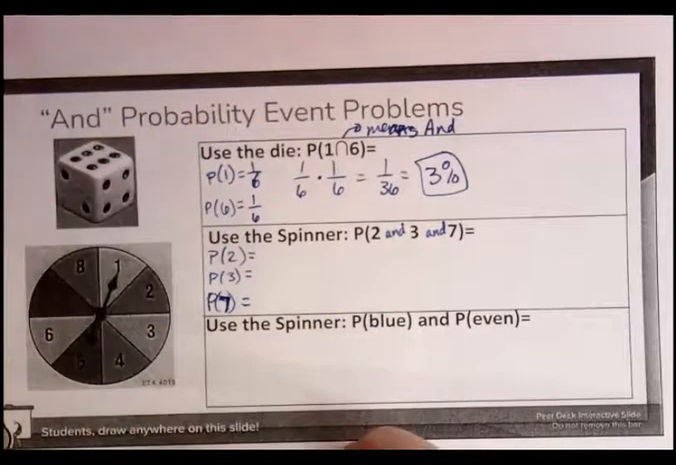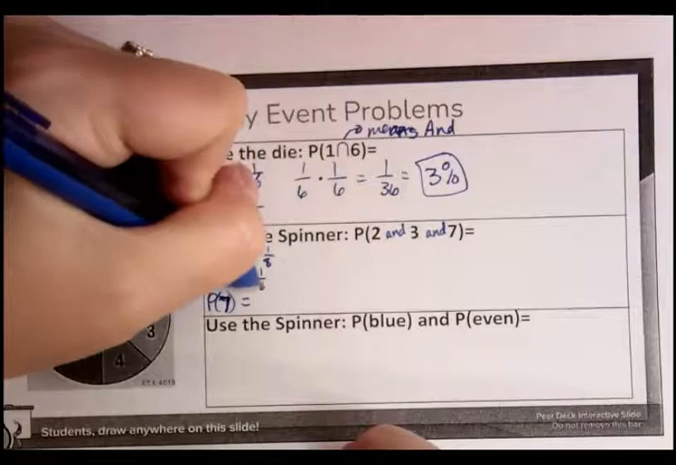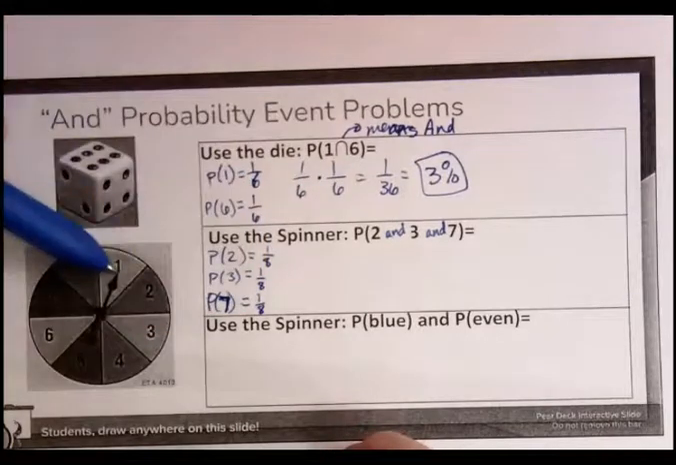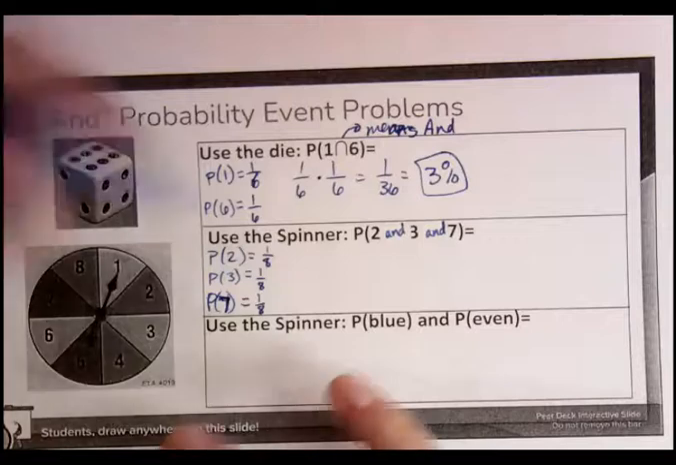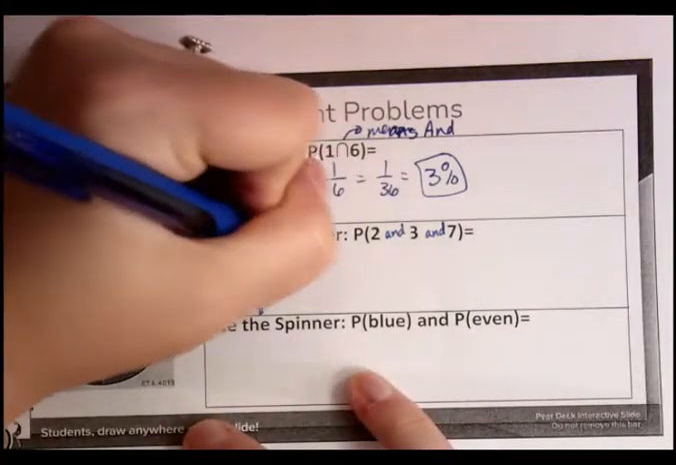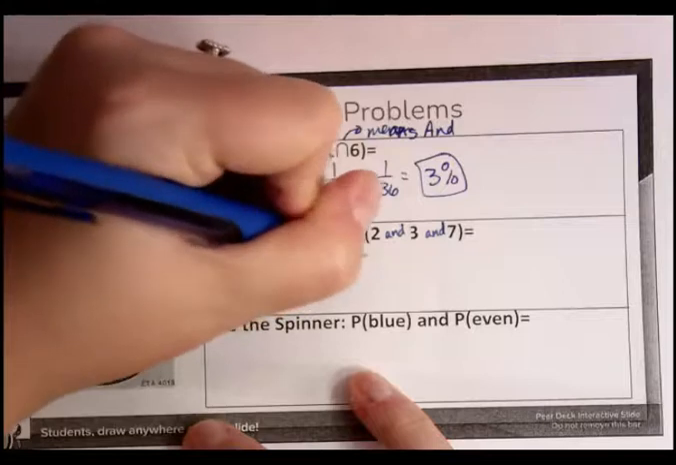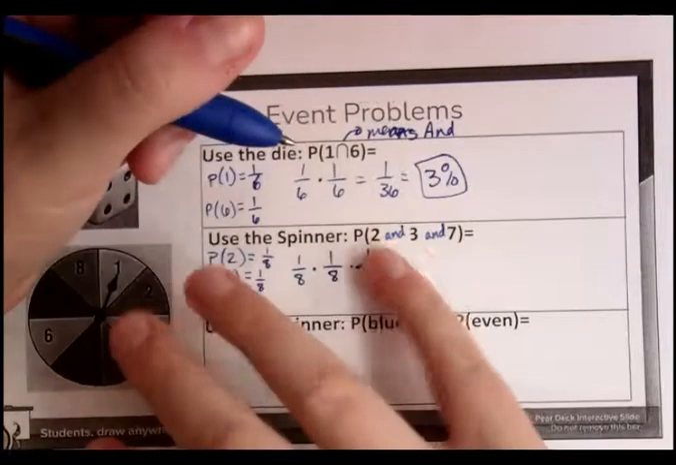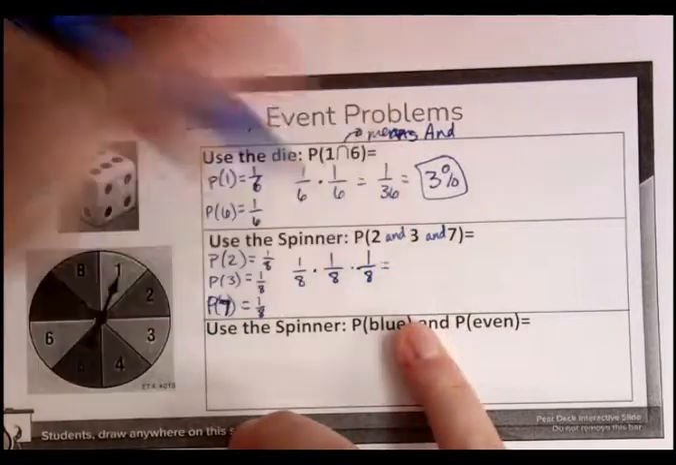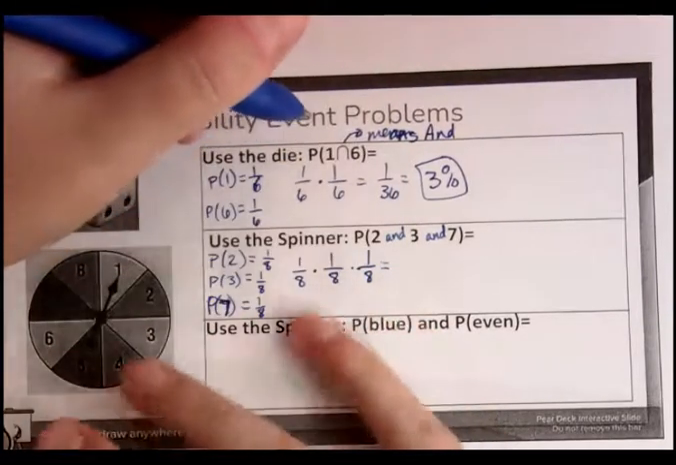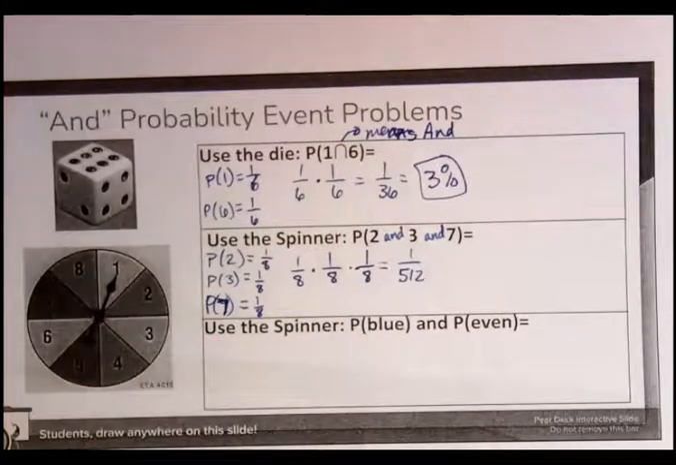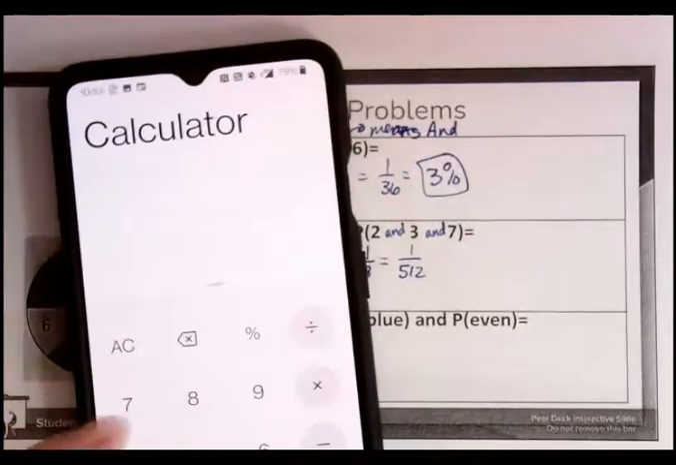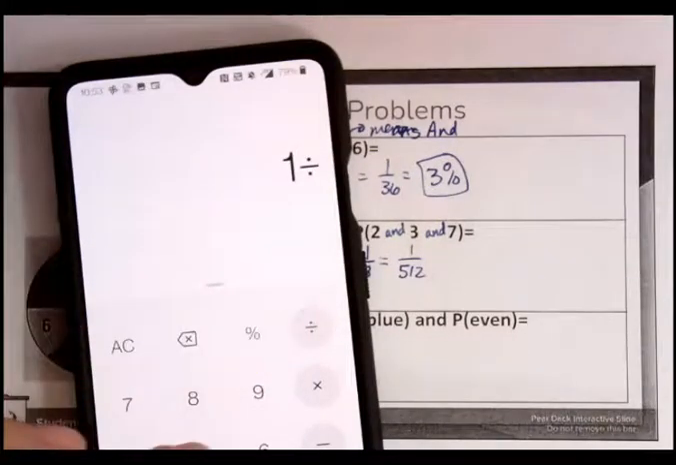I just kept going. They're all 1 over 8, because there's a 1 out of 8 chance to roll any of these numbers on here, or to spin any of these numbers. But we want to multiply all of them. So it's like we have 3 separate events. What's the chance that these 3 are your outcomes? So it's actually going to be 8 times 8 times 8. 1 over 512. It's going to make this tiny number, 1 divided by